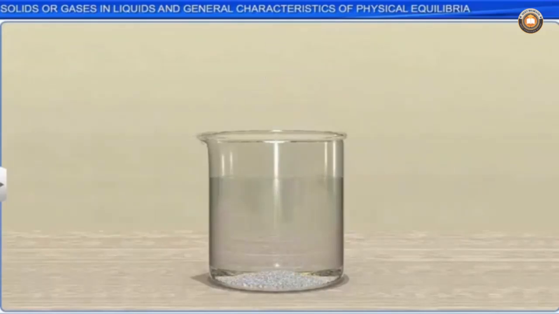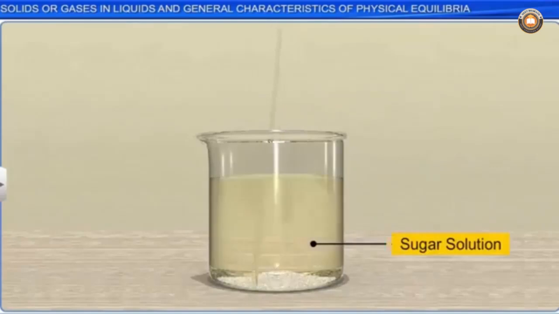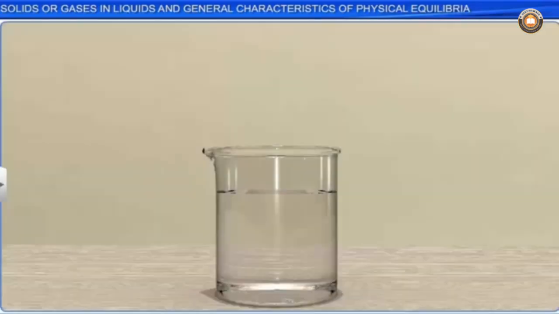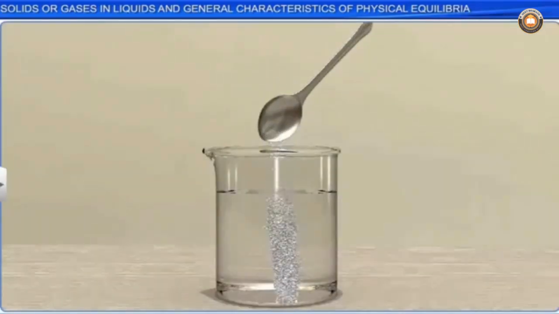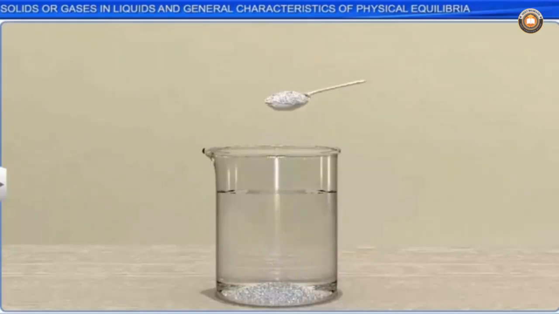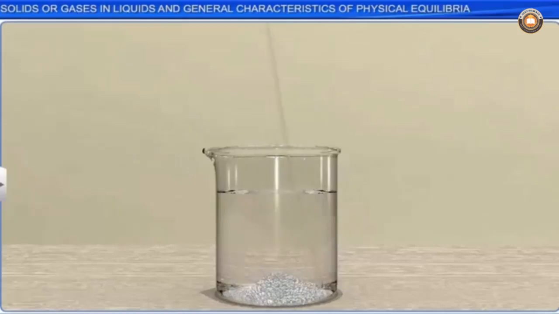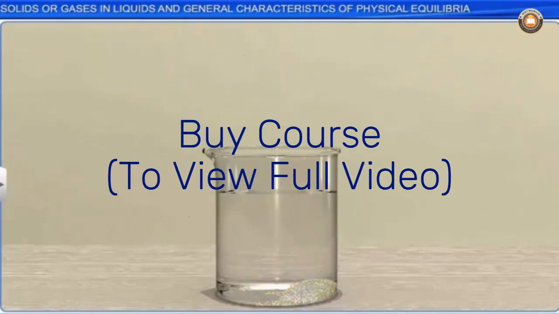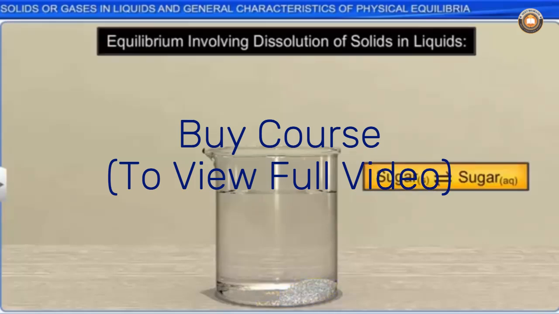It dissolves, forming a sugar solution. Then, as more and more sugar is added, it initially dissolves, but eventually reaches a stage where no matter how long you wait or how vigorously you stir, the sugar does not dissolve. The solution thus obtained